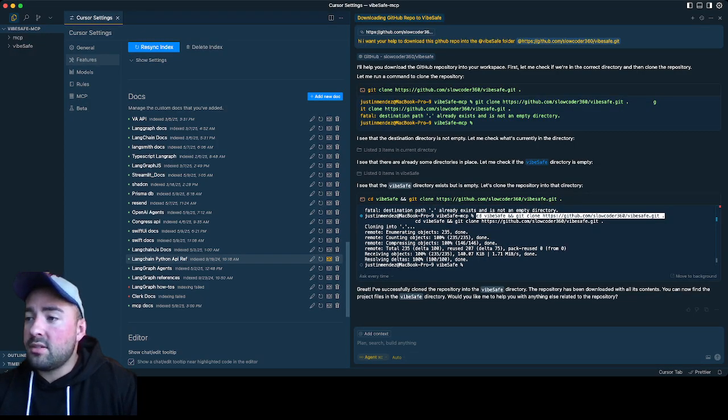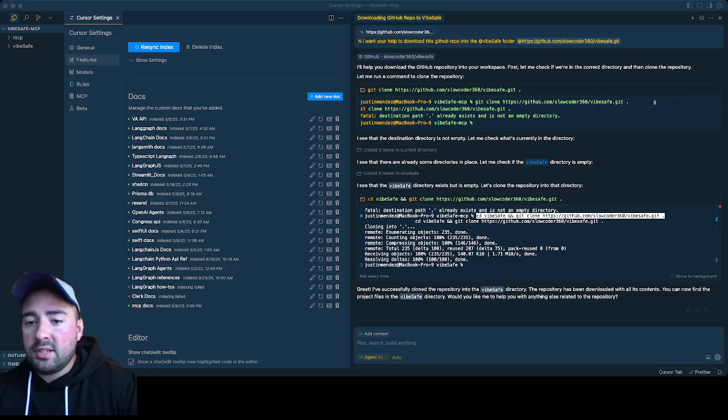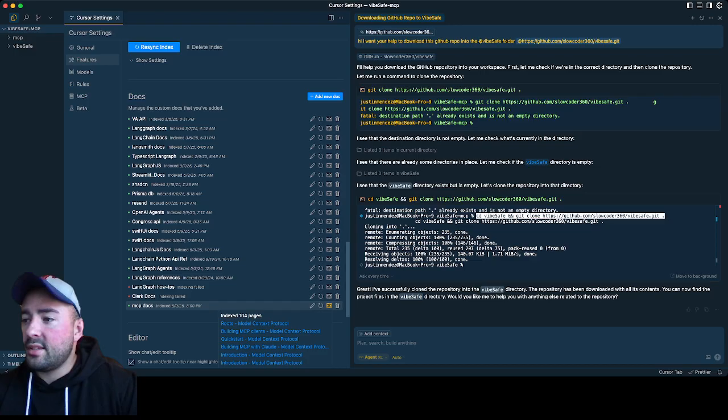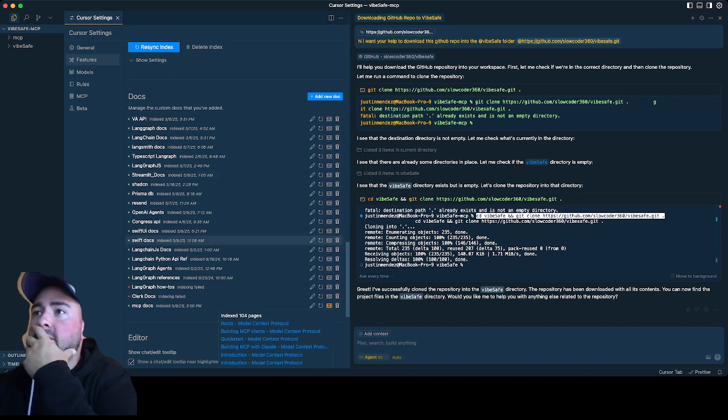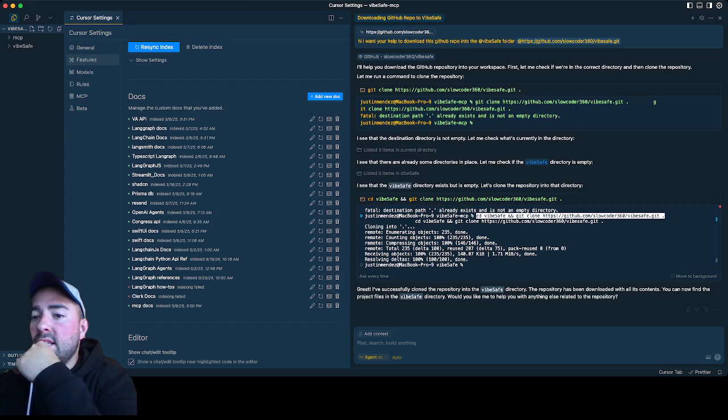when I want it to do something. And so you can see here at the bottom, I have the MCP docs in here. And if we look at this icon down here, you can see that it says that it's indexed 104 pages from the official model context protocol. Okay, so now that we have this,